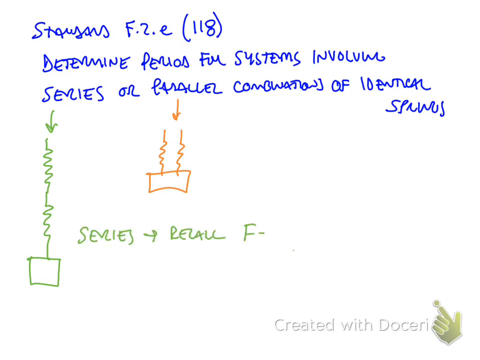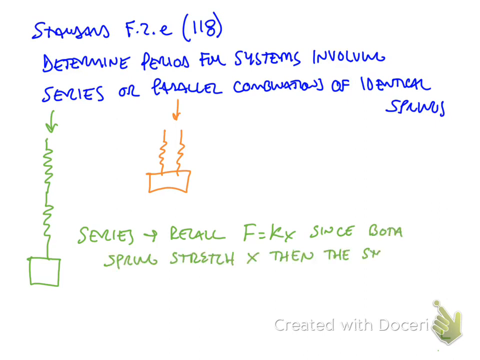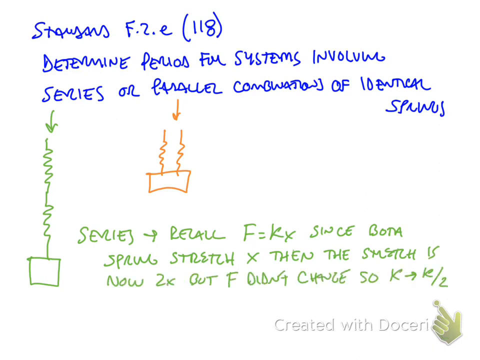And for series springs, I'll recall that the spring force is kx. Since both of these springs are going to stretch some distance x, then the whole thing would stretch twice as much. But the F doesn't change. Whatever mass you had, it's the same force pulling down. So if it stretches twice as much, then k has to be half k to keep the kx the same value. In general, with this, what we would do to solve this is 1 over k equals 1 over k1